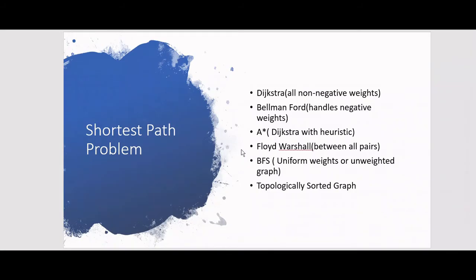Hi friends, in this video I am going to talk about Dijkstra algorithm. If you are given the weighted graph with non-negative weights, you can use Dijkstra algorithm for finding shortest path from one source to all other. Dijkstra is the most efficient algorithm among all other known algorithm for graph with positive weights.